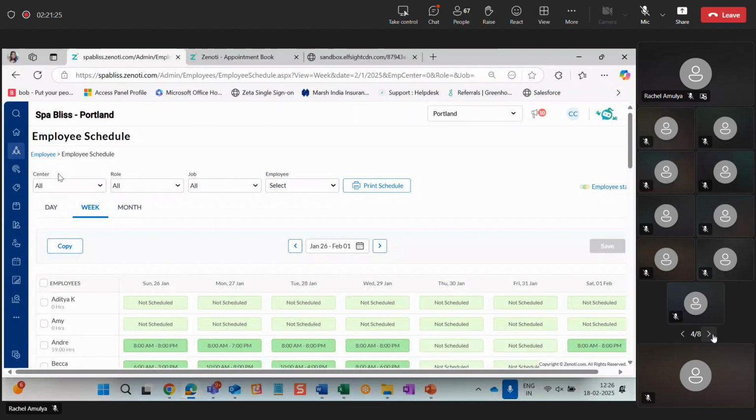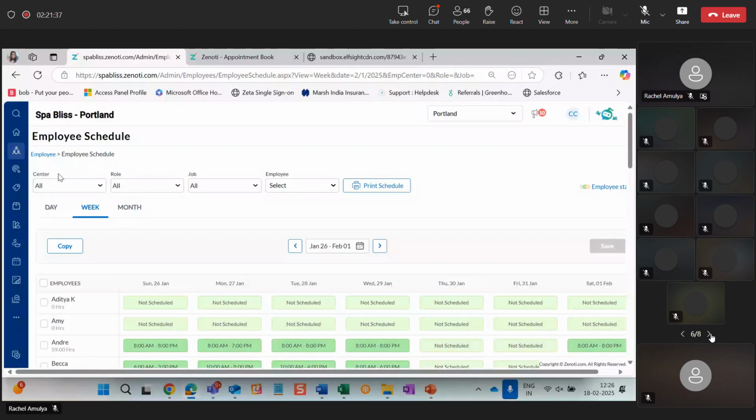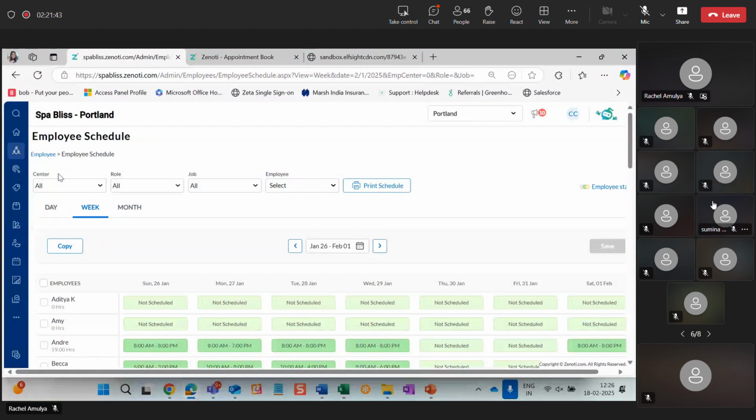Obviously, once we raise the request, we will have a dedicated team work with you guys to set that inventory up for your individual centers. Why? Because we need the formulations that you follow for all the services, right? So over here, Rachel will go through certain basic things about the inventory, not a deep dive into it,